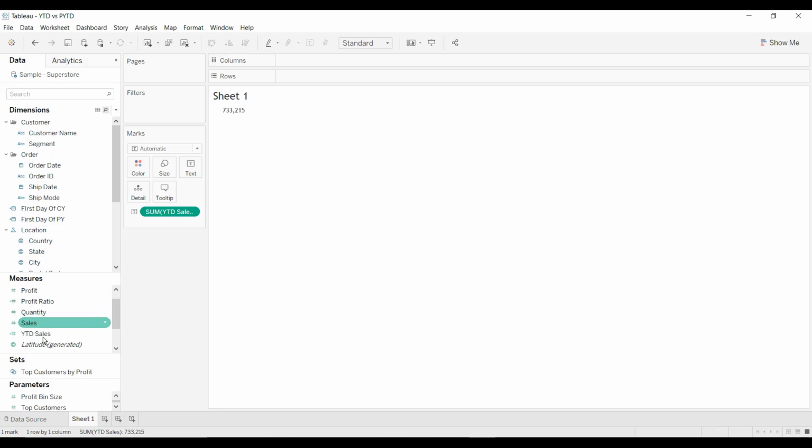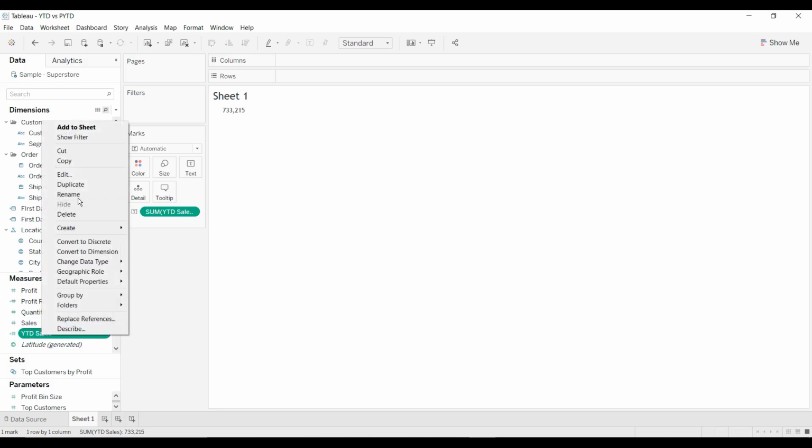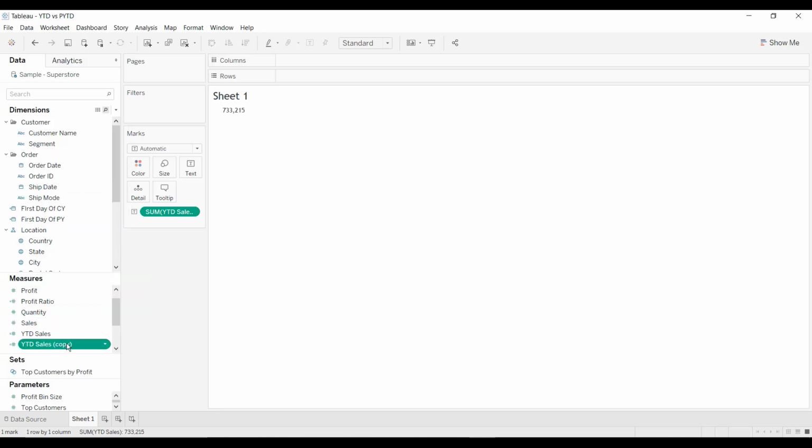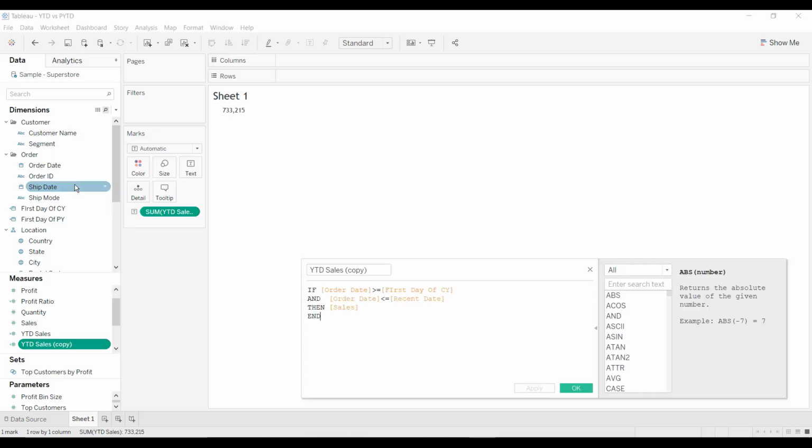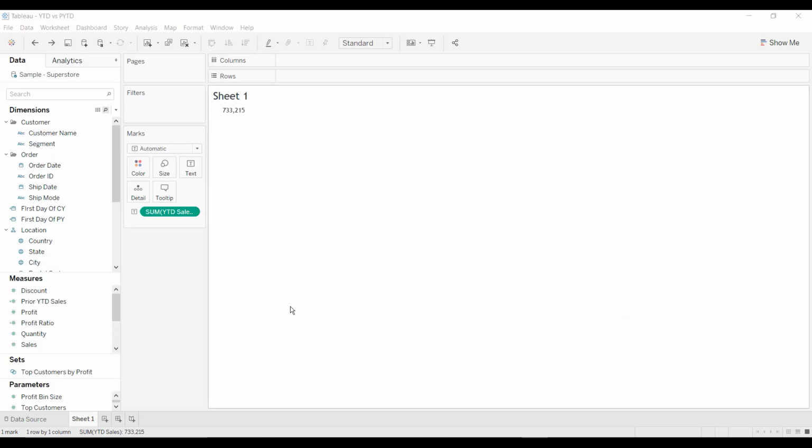Now let us create previous year till date sales. So just duplicate it, edit, and let me rename it properly. This would be prior, and here first day of previous year and recent date of previous year. Click on OK.